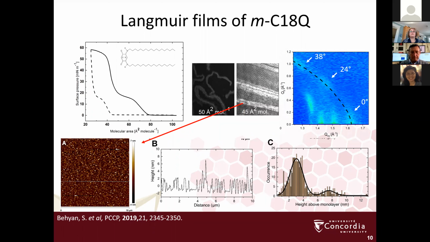This is in contrast to the chains, where we see no Scherrer lines here. We see no changes in the full width at half maximum, suggesting then that our alkyl chains are not crystalline, or at least if they are crystalline, then there's no correlation in position between our different layers.